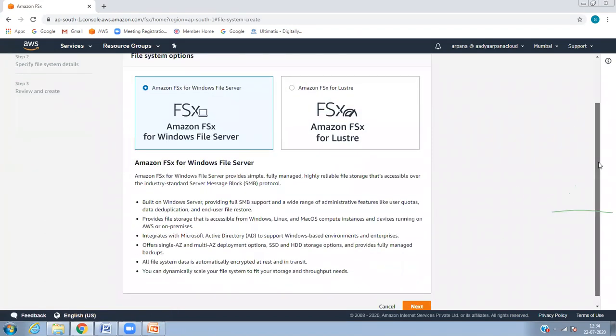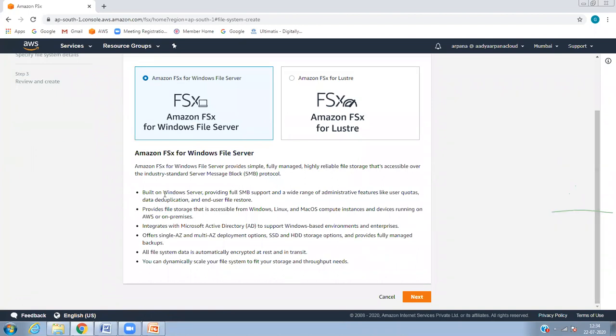And here you can see, Amazon FSx for Windows File Server provides simple, fully managed, highly reliable file storage that is accessible over the industry standard Server Message Block, that is the SMB protocol.